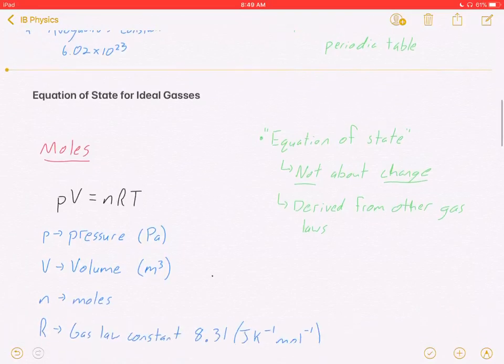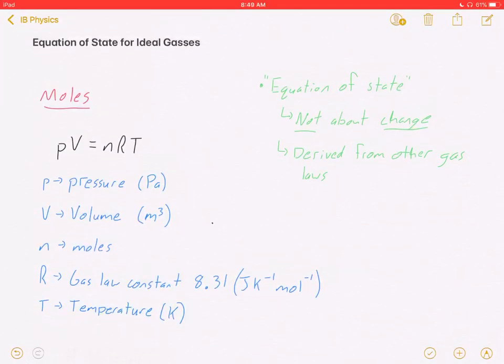Now, let's talk about equations of state for gases. An equation of state means that we're not talking about changes in volume or changes in pressure here. This is just one instant, everything one constant number. The equation you learned in chemistry that you'll also use here in physics is the ideal gas law, PV equals